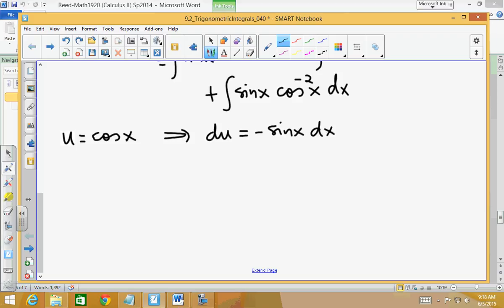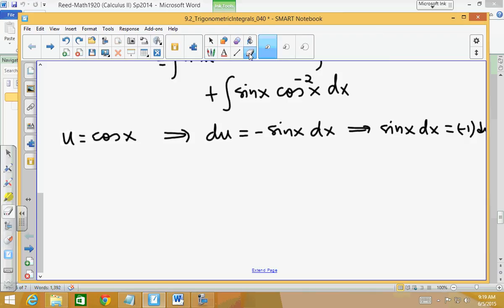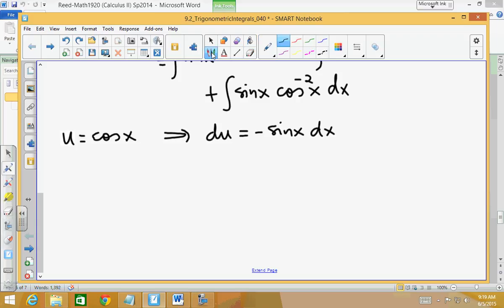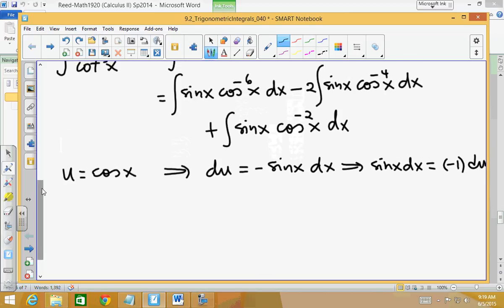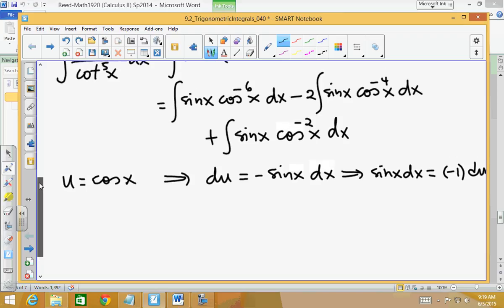So it means that sine x dx is negative 1 times du. Now, using this in each of these, we get